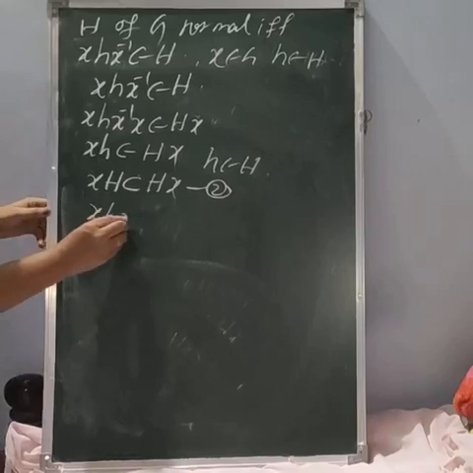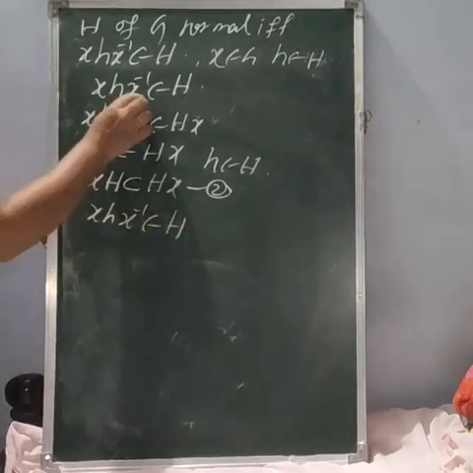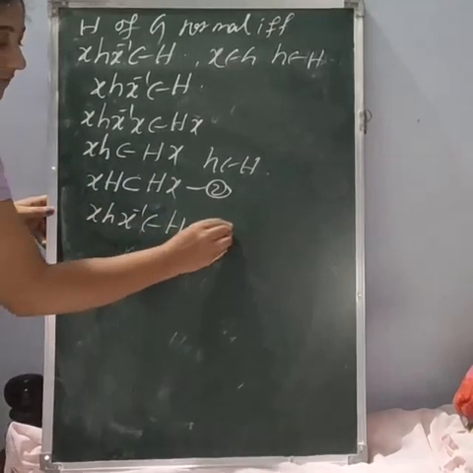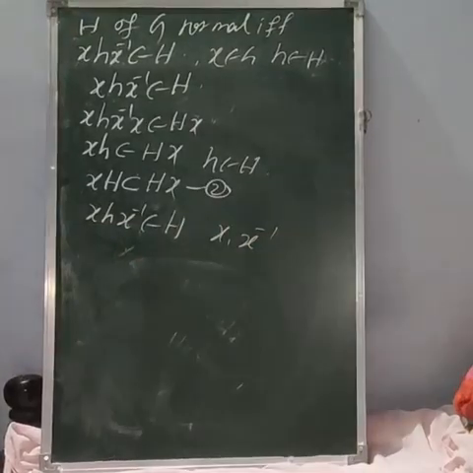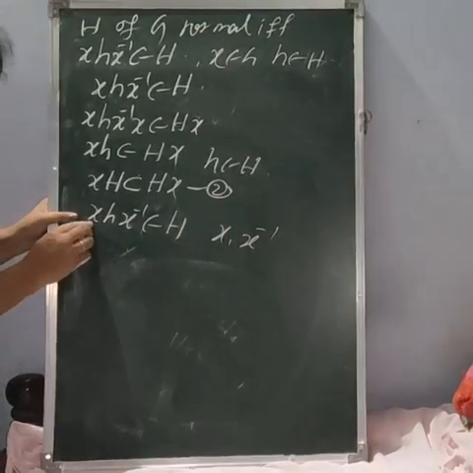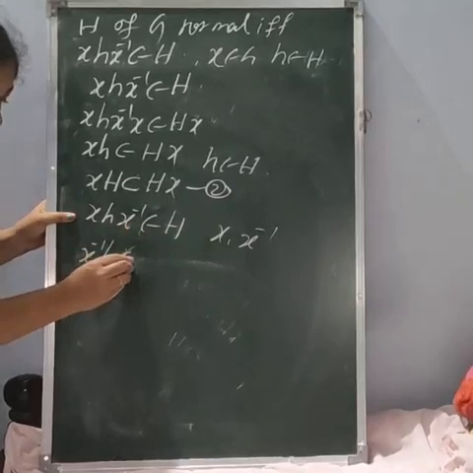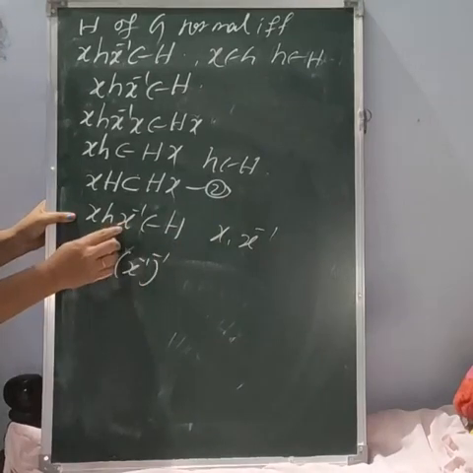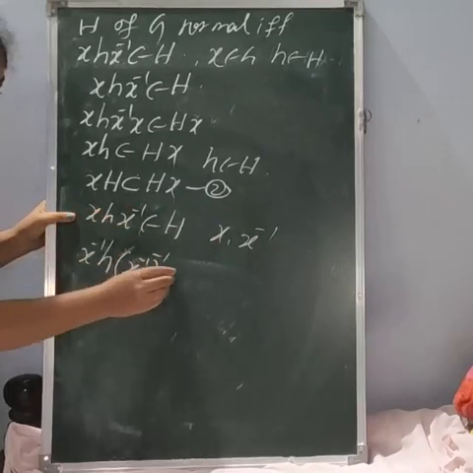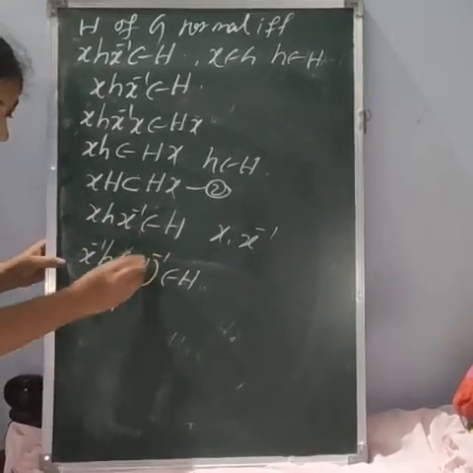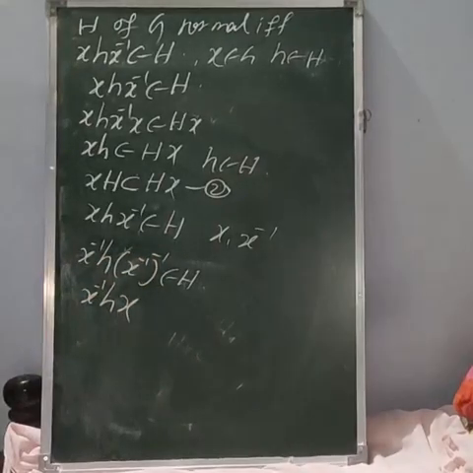So what we are taking: x h x inverse belongs to H, again by taking this definition. Now we will replace x by x inverse. What we will get? This is x inverse h. See, we are replacing x by x inverse. So we get x inverse of inverse, because x becomes x inverse and again this inverse. So this belongs to H. But we know that x inverse of inverse is nothing but x again. You studied all these basic things in group theory 1 and 2. Inverse of inverse is nothing but that element itself.